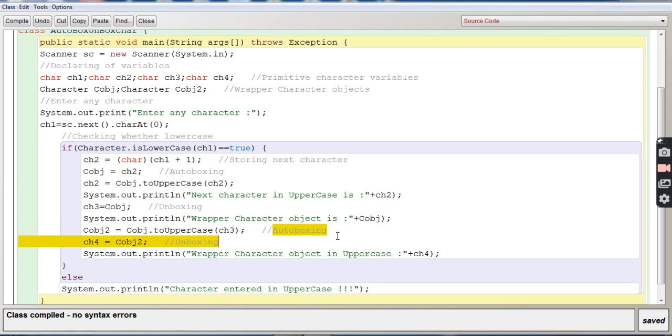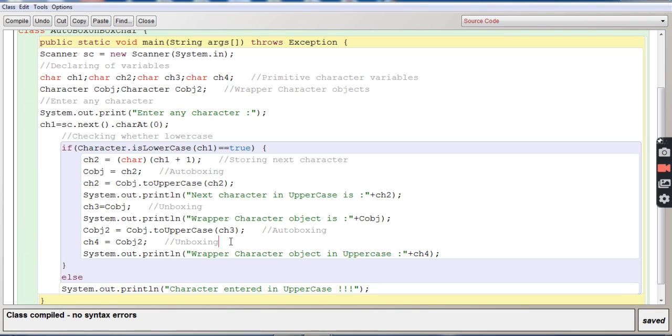So we are going to autobox it now, and after autoboxing it should be converted to uppercase, and it will be stored in cobj2. cobj2 is a wrapper object, and it will be autoboxing. Why autoboxing? Because it is from primitive to wrapper object, and in the meantime it is also getting converted to uppercase. And again cobj2, which is having an uppercase B, is being stored in ch4.